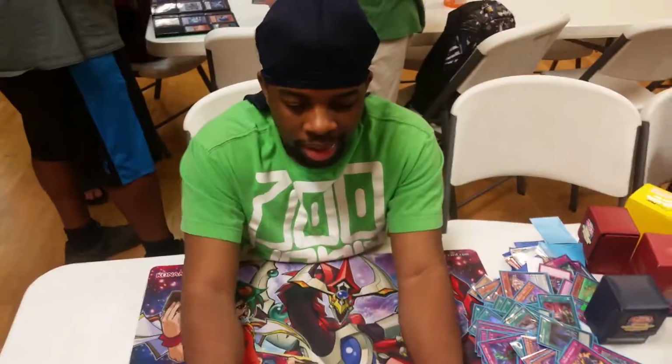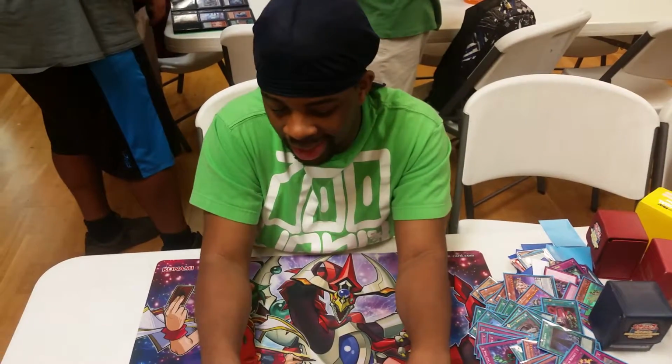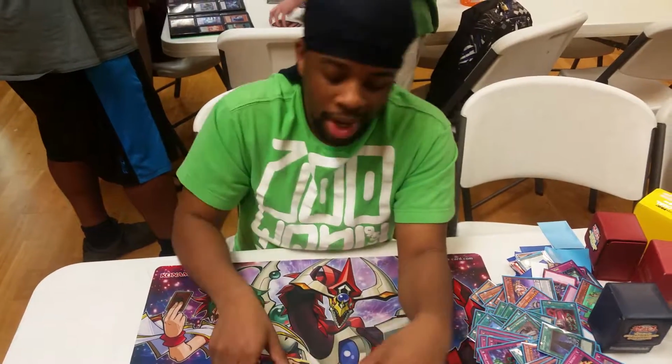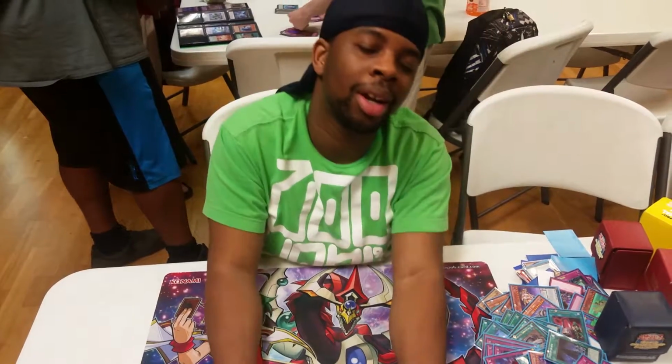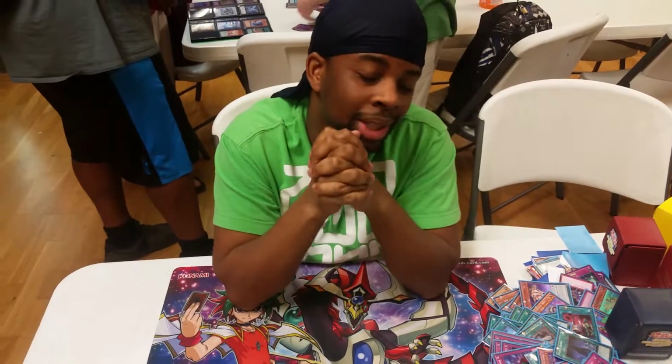Is there any closing statements on Floodgates the deck? Man, I wish Skill Drain was at 3. I wish Soul Drain was at 3. Then there would be no PK Fire. Then there would be no Monarch, probably. But until then,